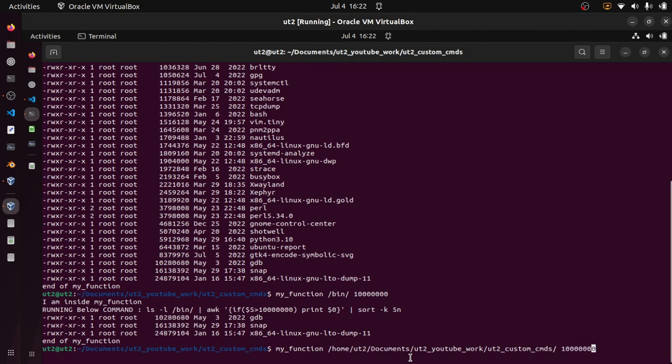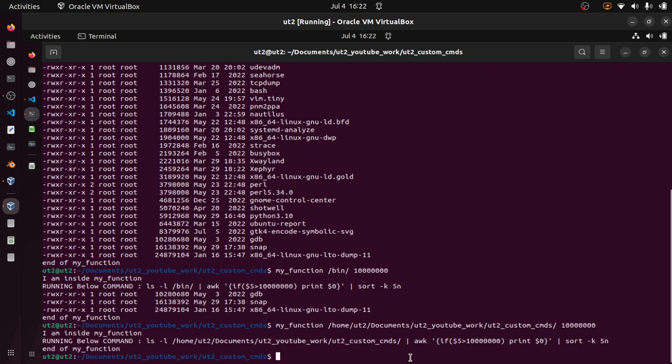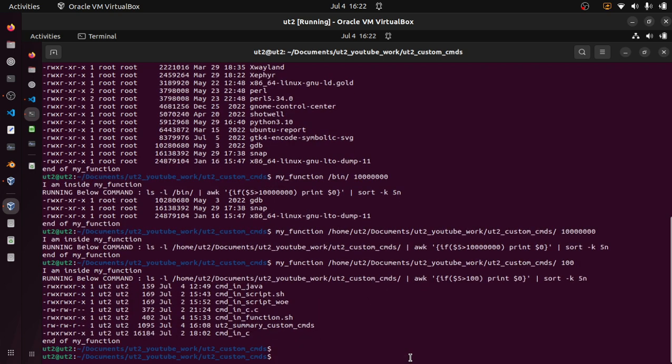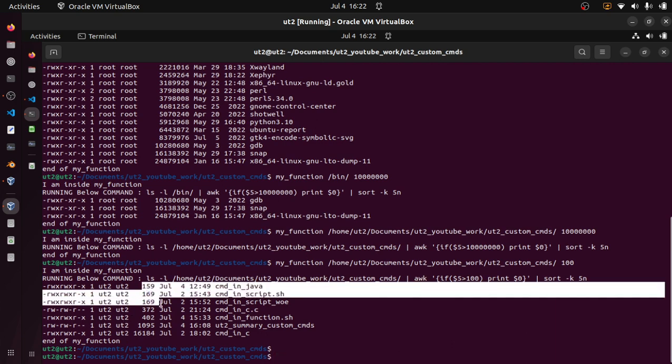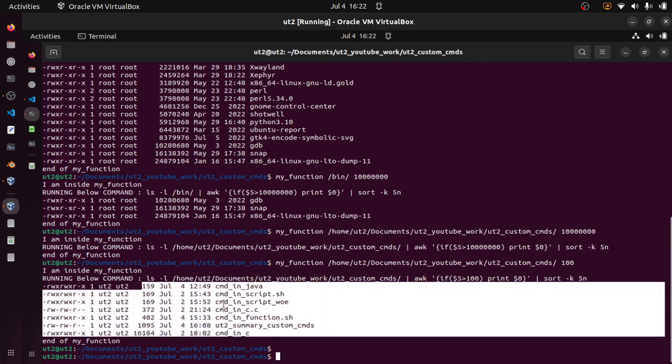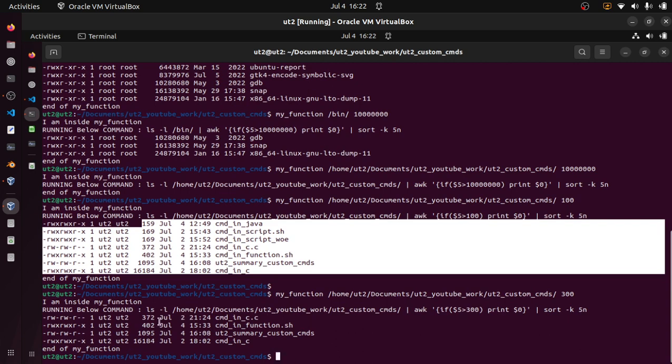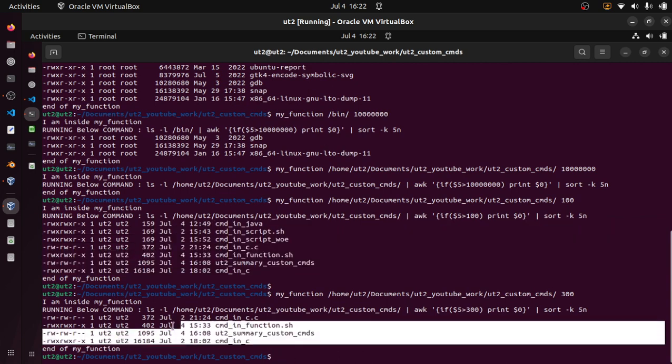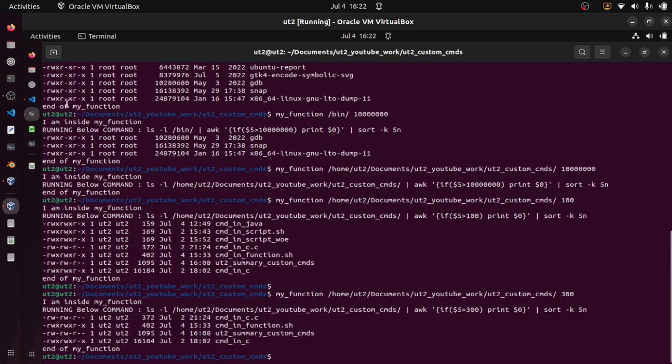And I don't think there is any file greater than 100 MB, so let's reduce the limit. Okay, all the files are above 100 bytes and in sorted manner. Let's do 300. Okay, above 300 in a sorted manner, all these files are there. Now